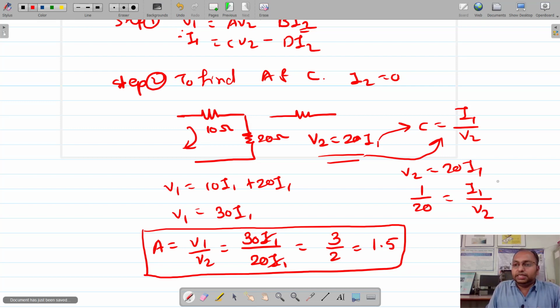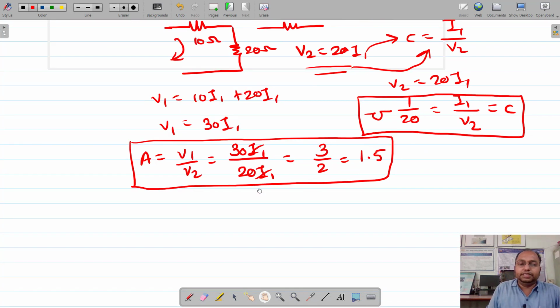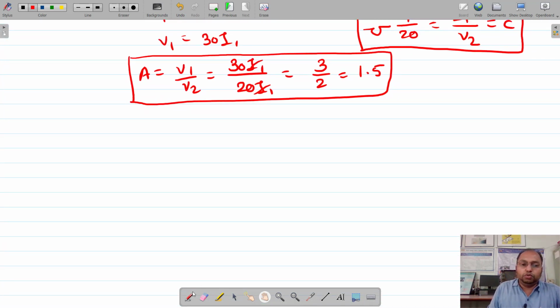So this is my C, and as this is nothing but my impedance, sorry, admittance, that's why the unit is mho. I hope this is very easy, right? Is that fine? Great. Now let us go for calculating the other two parameters, that is C and D. Is that fine? So step number 3,